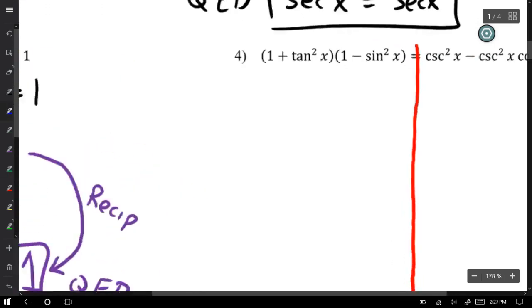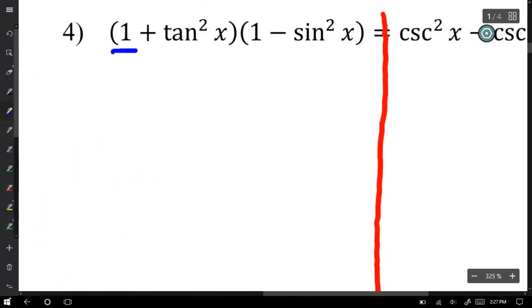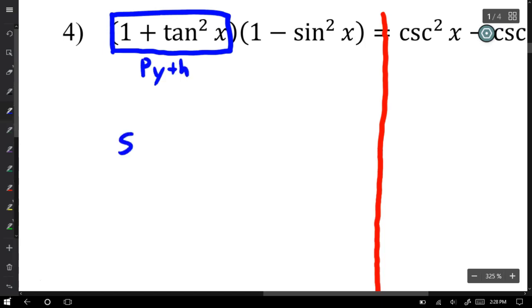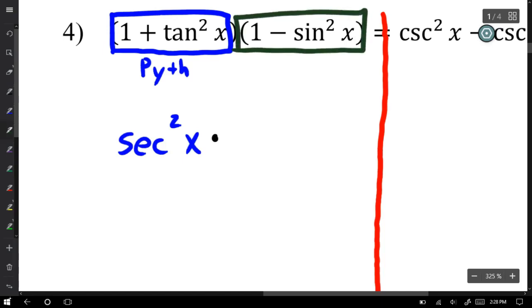And so if I look at the first one, 1 plus tangent squared of x, I see a square trig ratio with the number 1. Is that a Pythagorean identity? And it is. 1 plus tangent squared is secant squared of x. So I look at the next one, 1 minus sine squared of x. So same idea. I see a squared trig ratio with the number 1, and I ask myself, is that a Pythagorean identity? So I look at the formula sheet, and I'd see it's cosine squared of x